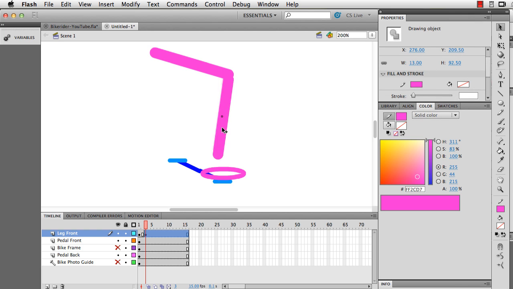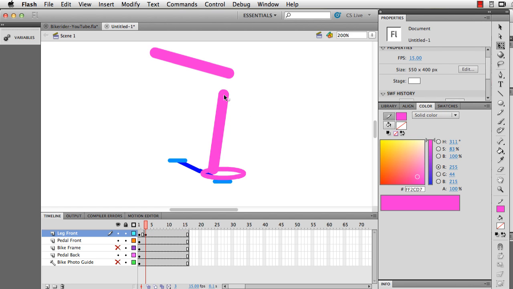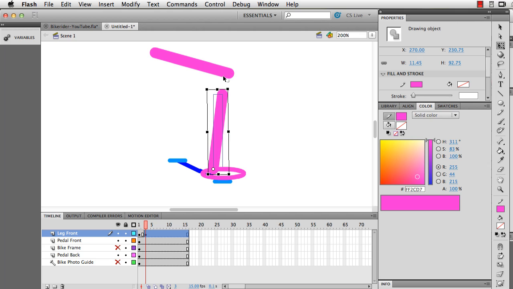Then I take my lower leg and I attach it to my foot. I want to rotate it. So here I need to again move my rotation point down to where the ankle would be located at. Then I'm going to move the rotation point of my thigh bone to where the thigh is located at, right here. So my thigh bone will be rotating around my imaginary hip joint. The lower leg will be rotating around the imaginary ankle joint. So in this position, well, what's missing here is the two pieces need to connect. And I make them connect by rotating both of them